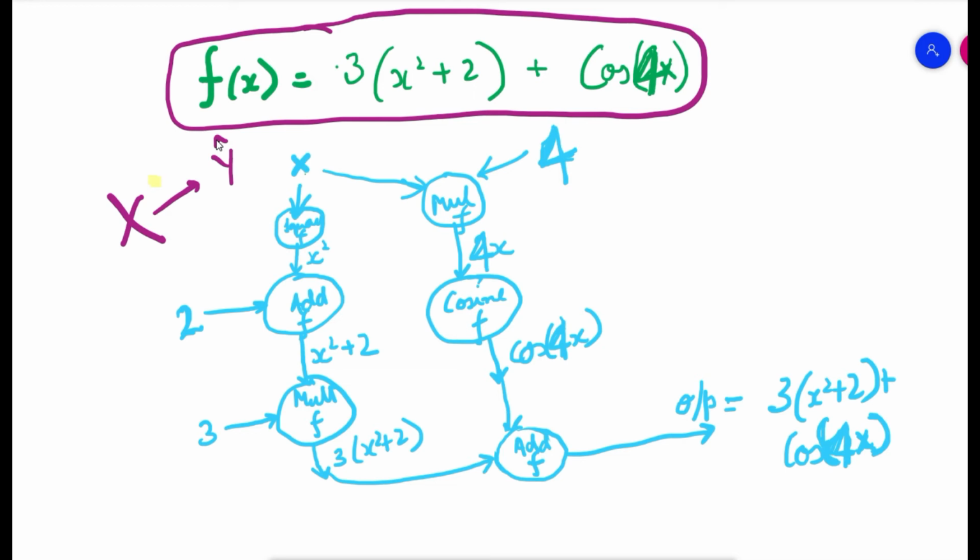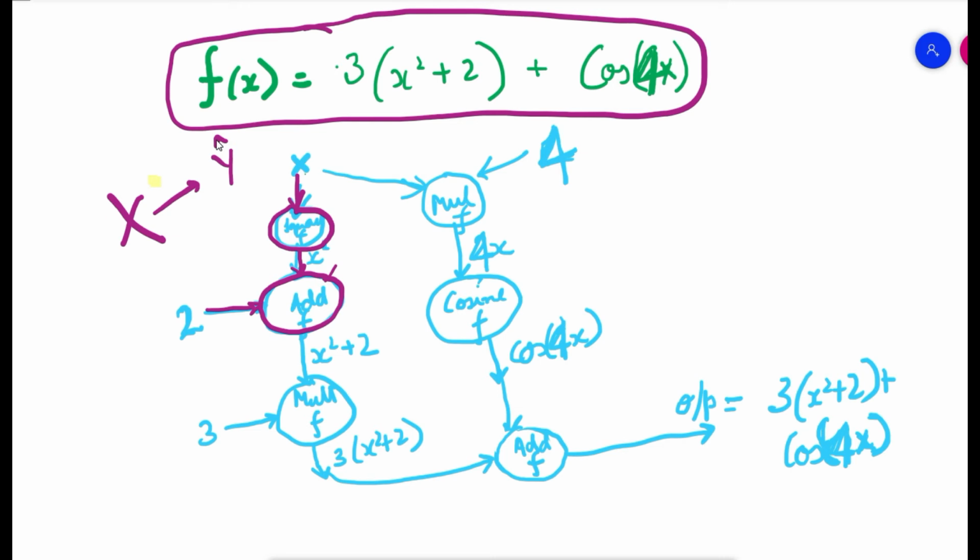You can see we are starting off with x and we are applying a square function over here, and what we get as the output is x square. On x square, we are further applying an addition function, and we are again giving 2 as an input. So x was the input, now we are giving 2 as the input, and on applying the addition function on x square and 2, we get x square plus 2.